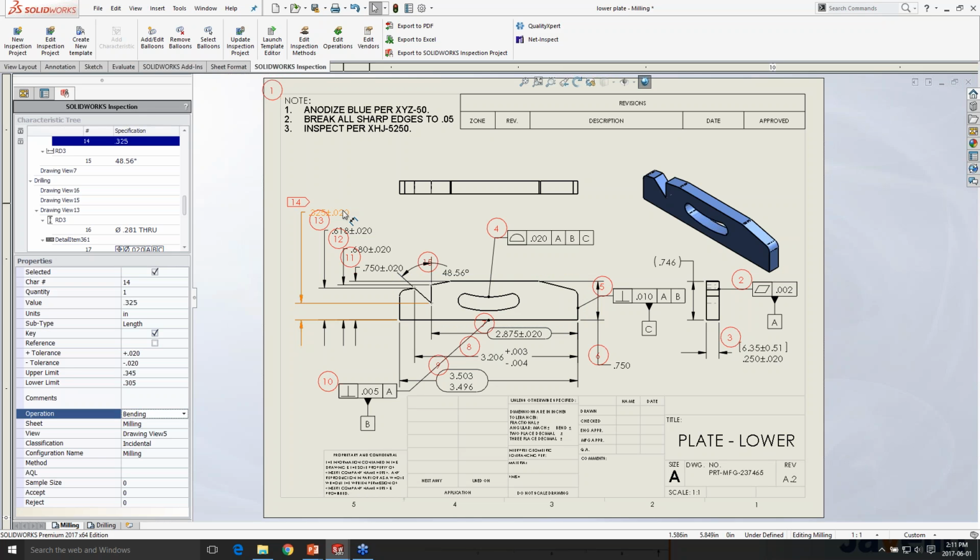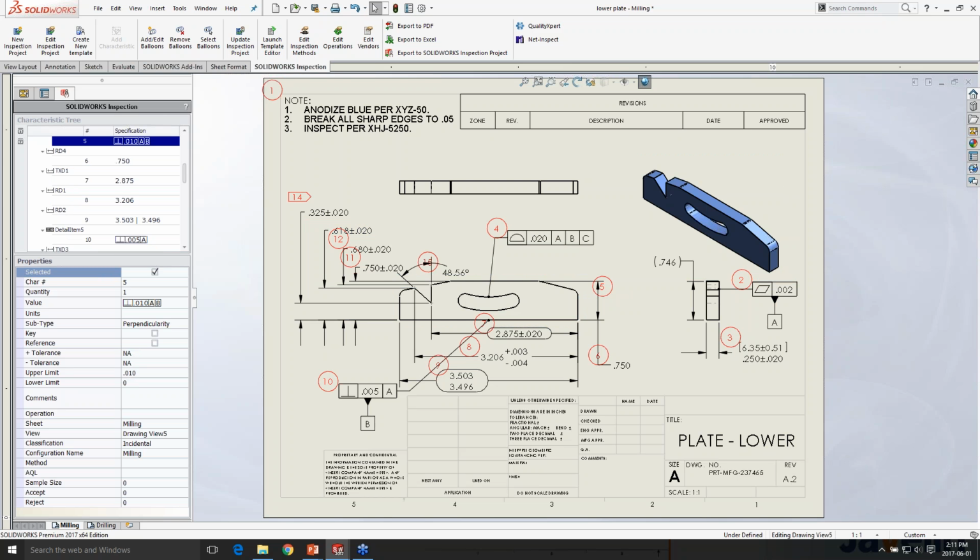So I have that in there, and then I can also move my balloon around if it's in the way. So I can go to 1, and maybe I don't want that one, so I can deselect it. And you can see how none of my balloons get renumbered, even if I go in and I delete one of my balloons, and I do a rebuild,